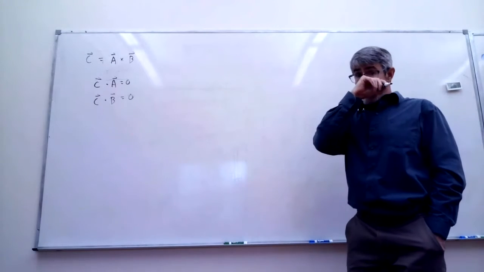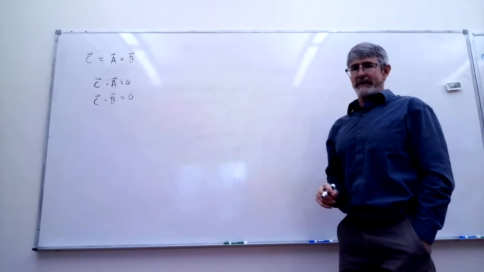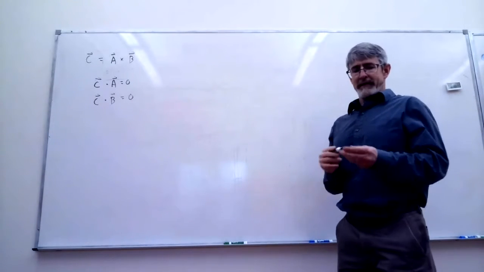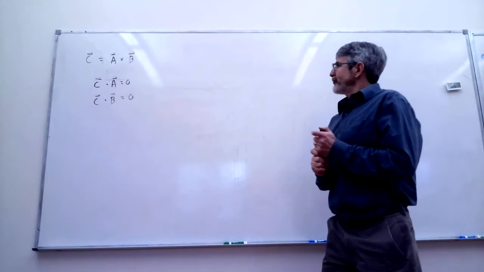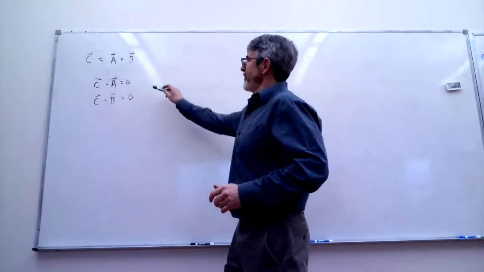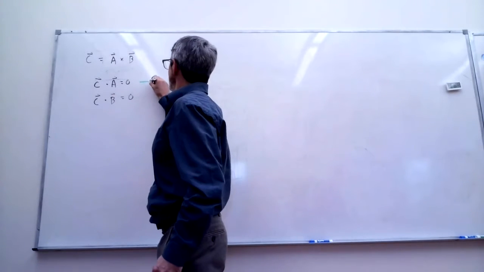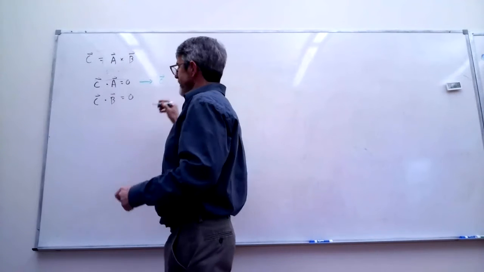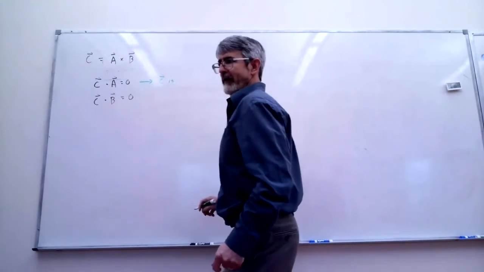Now we want to figure out why that is the case. So these mean things, right? C dot A equals 0 means that C is